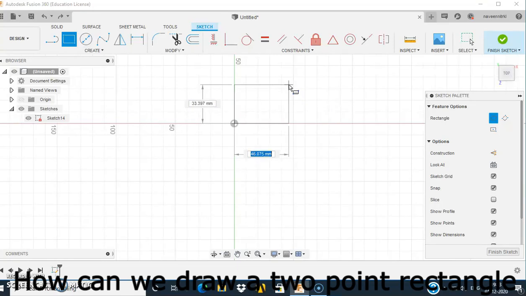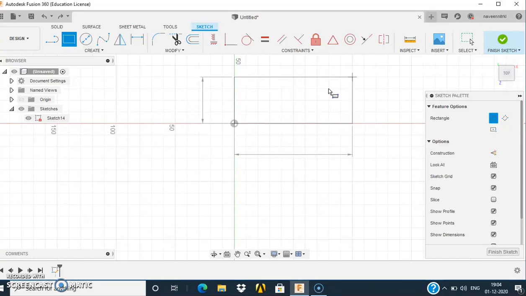By pressing tab, you can toggle between length and width. As I enter the value of width, that is 40 mm, and press tab, it automatically locks the width of the rectangle. Now I enter the length of the rectangle, that is 100 mm, and press enter.